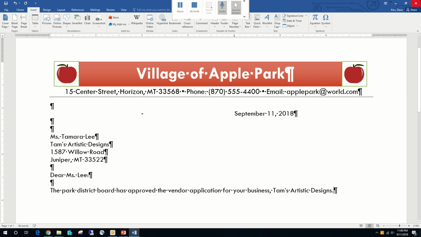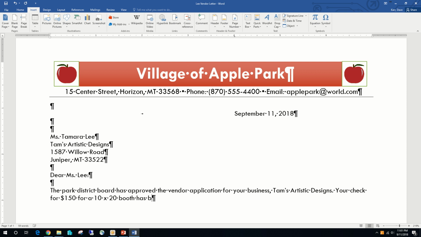We're on WD-155, flipping to after the period, we're going to press the space bar, and we're going to insert the text, your check for $150 for a 10 by 20, so 10x20 space booth has been deposited,